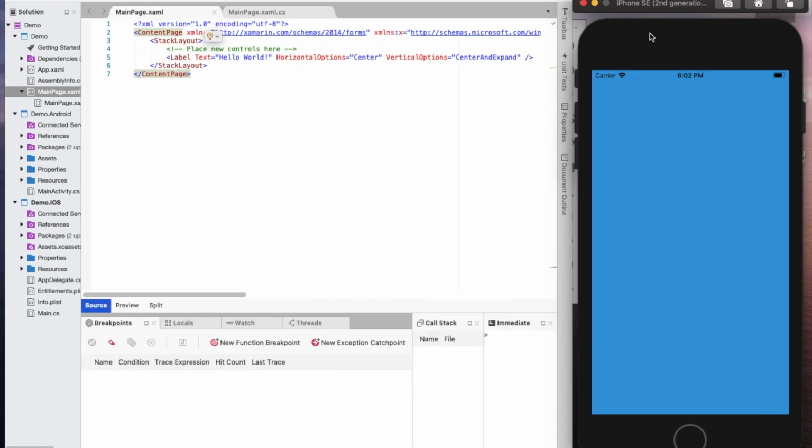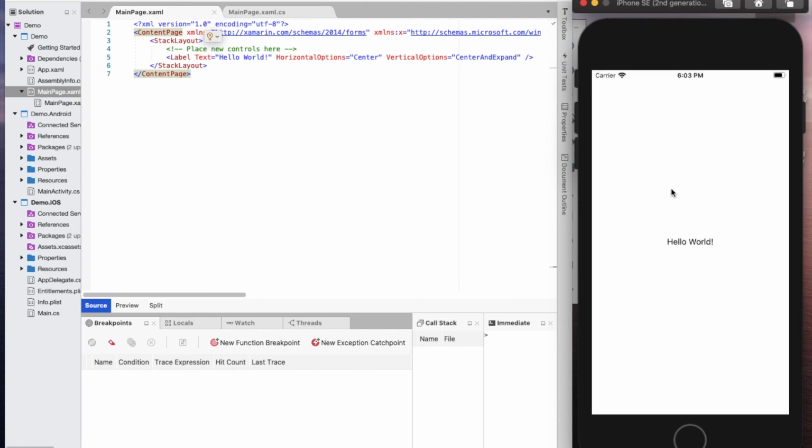Now you can see the execution of this file in the iPhone. So in this manner you will get the output. I am changing it to Welcome to MAD. When you press the save button, immediately that will be reflected in the execution simulator. So that is the one advantage. Now I am stopping this execution.